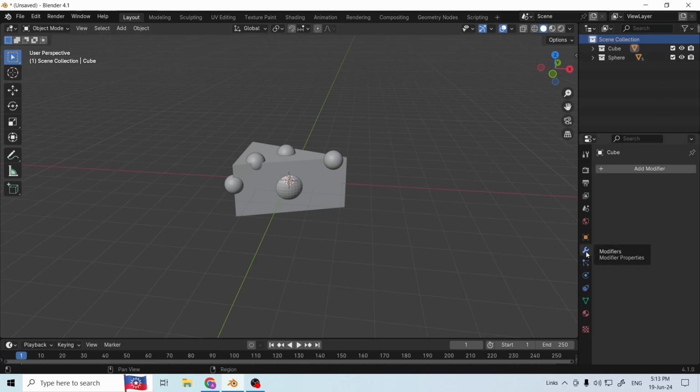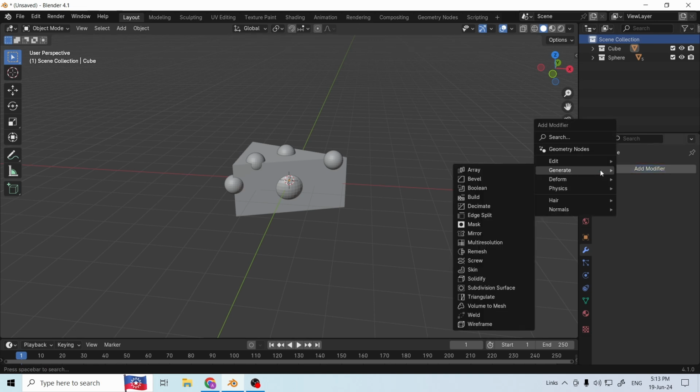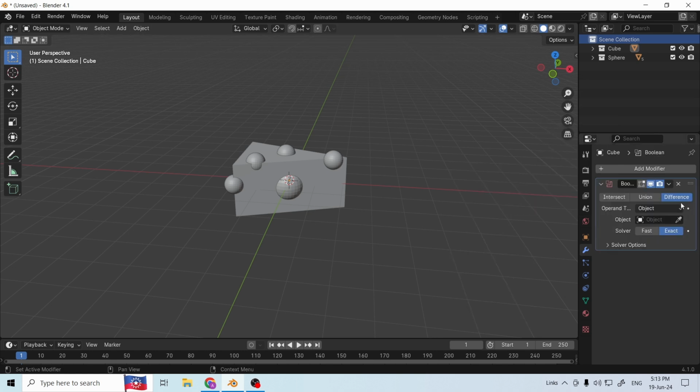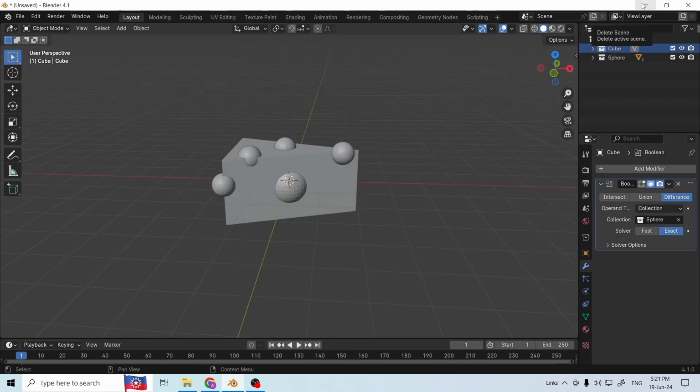and go to modifier. Make sure it is cube here, and then you need to add modifier, generate boolean, difference, and go to collection type. Now make sure it is in cube. After you add the boolean modifier into the cube here for this collection,